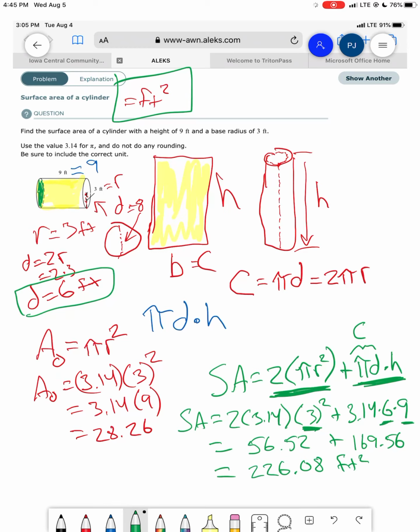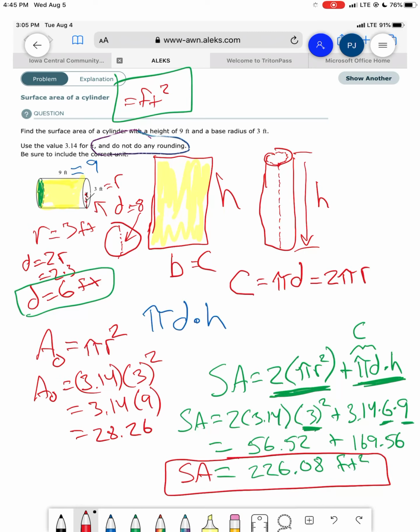Now, sometimes we talk about rounding and things like that. What does the question ask me? Up here, it says do not do any rounding. We don't do any rounding. So my answer is done. The surface area of this cylinder is